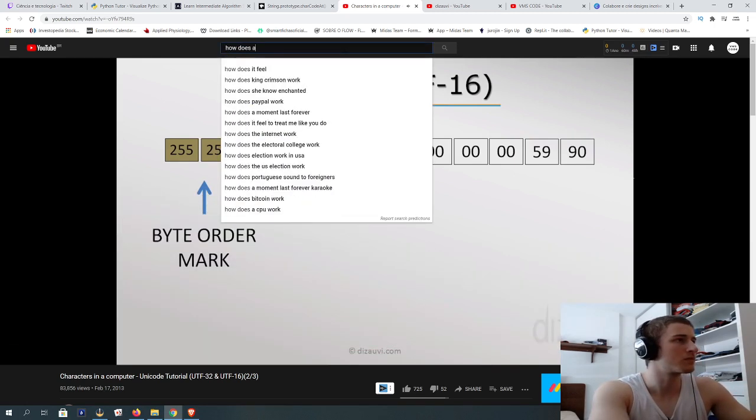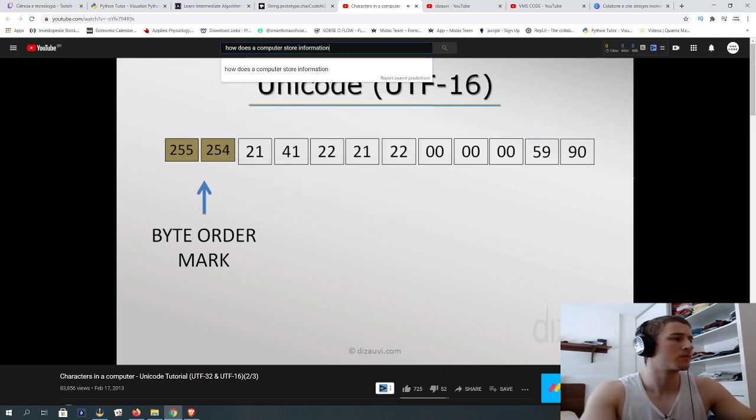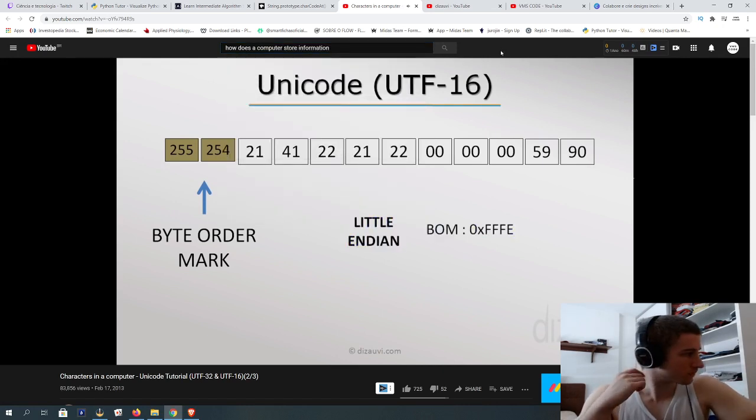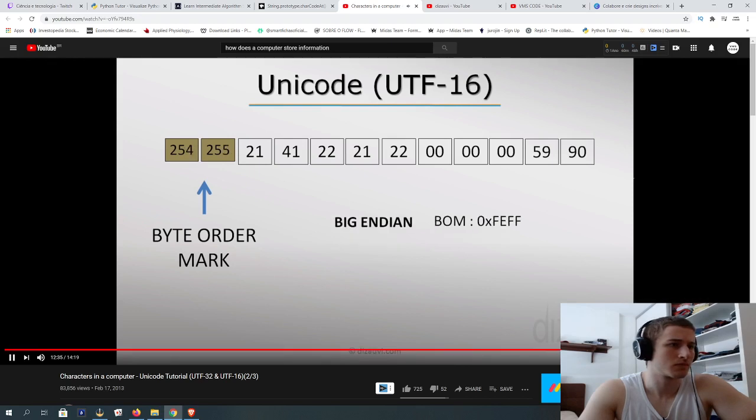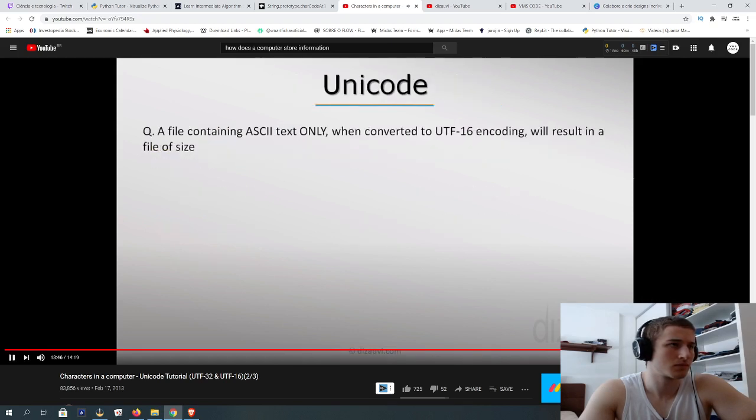So for little endian form, the 254 data is saved in the least significant byte, and in hex, it can be written as FFFE. Because in hex, FF is 255 and FE is 254. Whenever we write a number starting with 0x, it means the number is in hexadecimal form, okay? Byte order mark is not